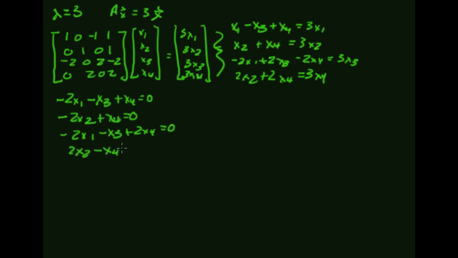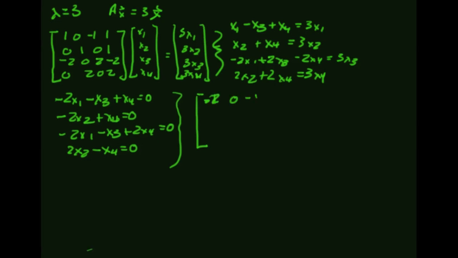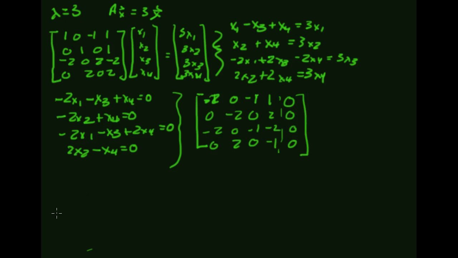2x2 minus x4 is 0. All right, so we put that into an augmented matrix, which is going to be negative 2, 0, negative 1, 1, 0, 0, negative 2, 0, 2, 0, negative 2, 0, negative 1, negative 2, 0, 0, 2, 0, negative 1, 0. All right, so we apply